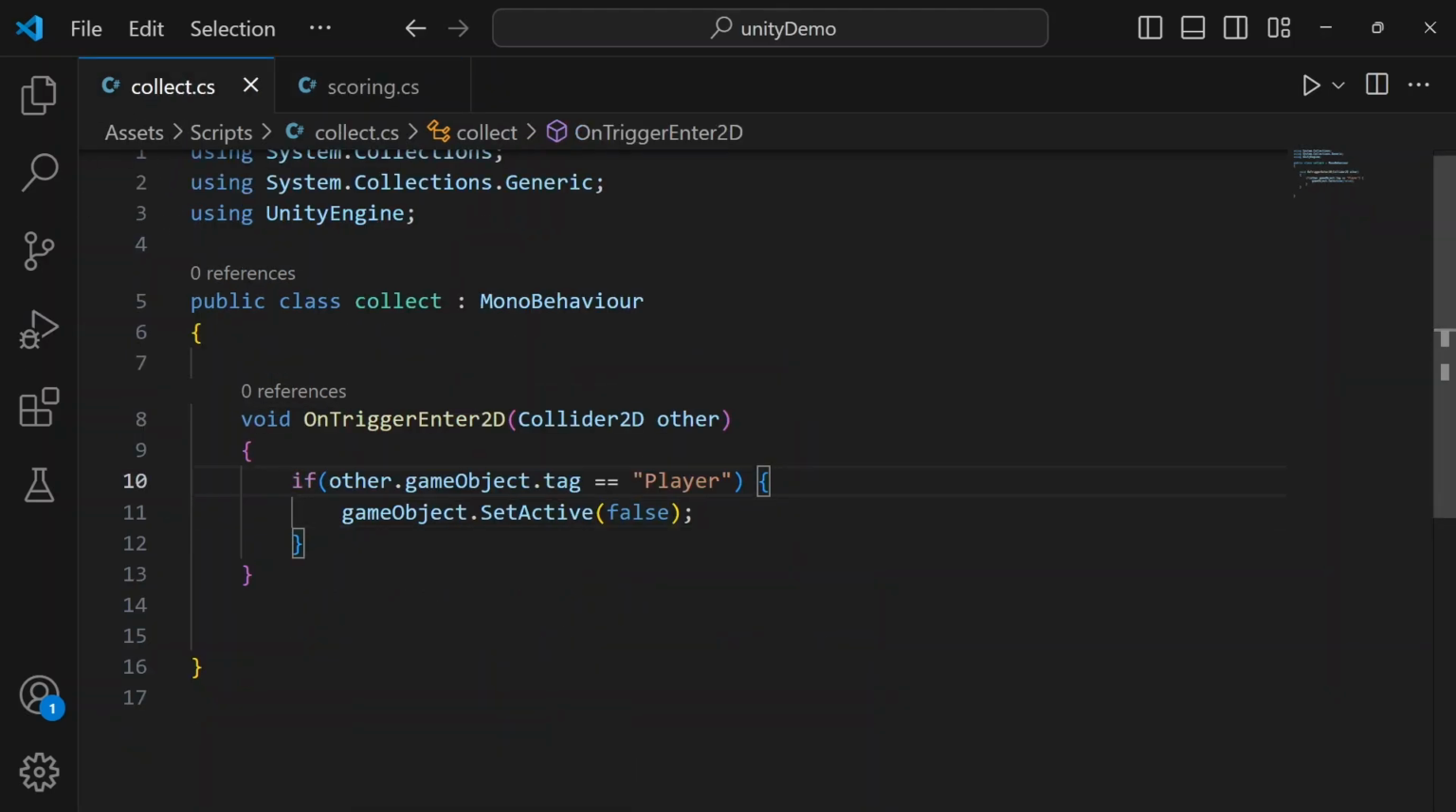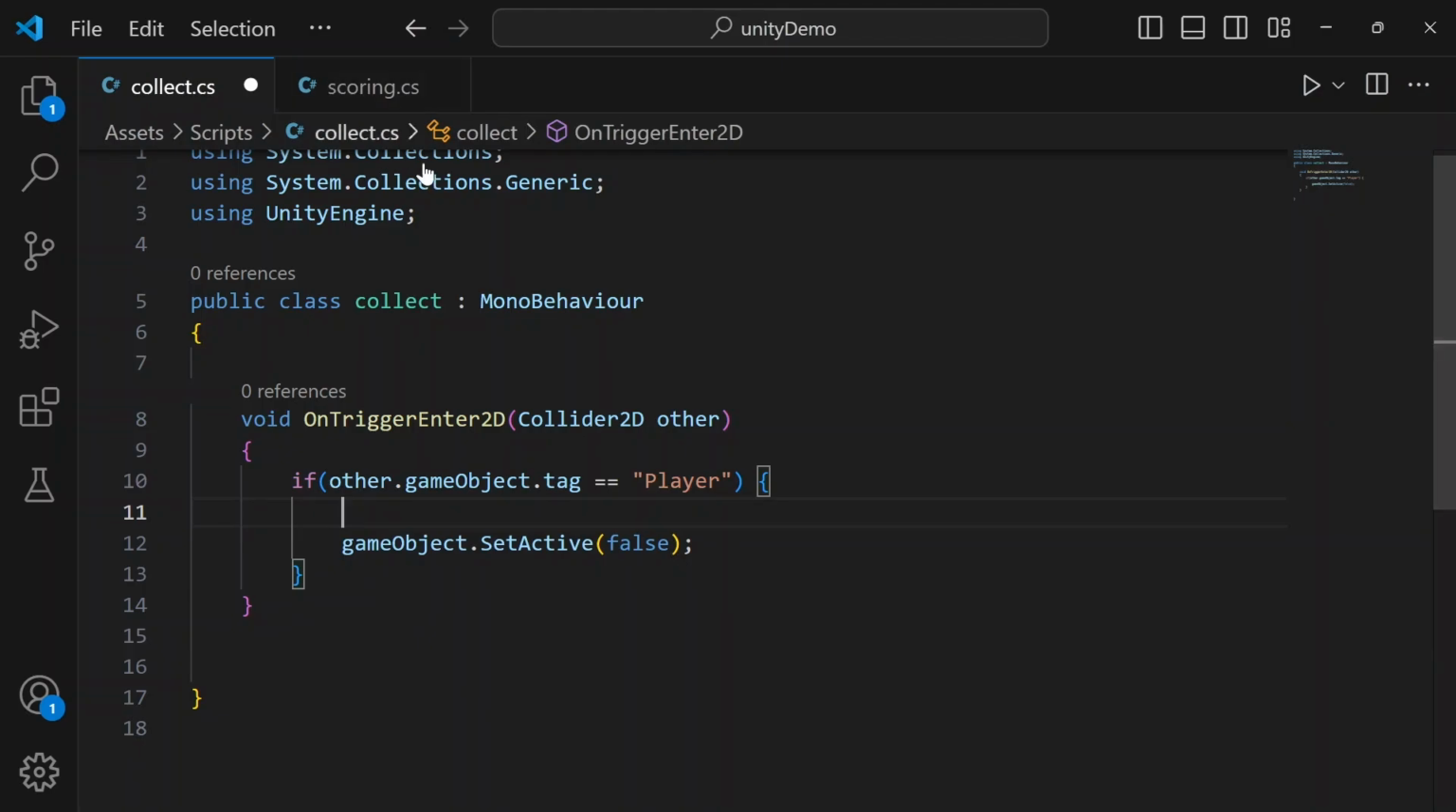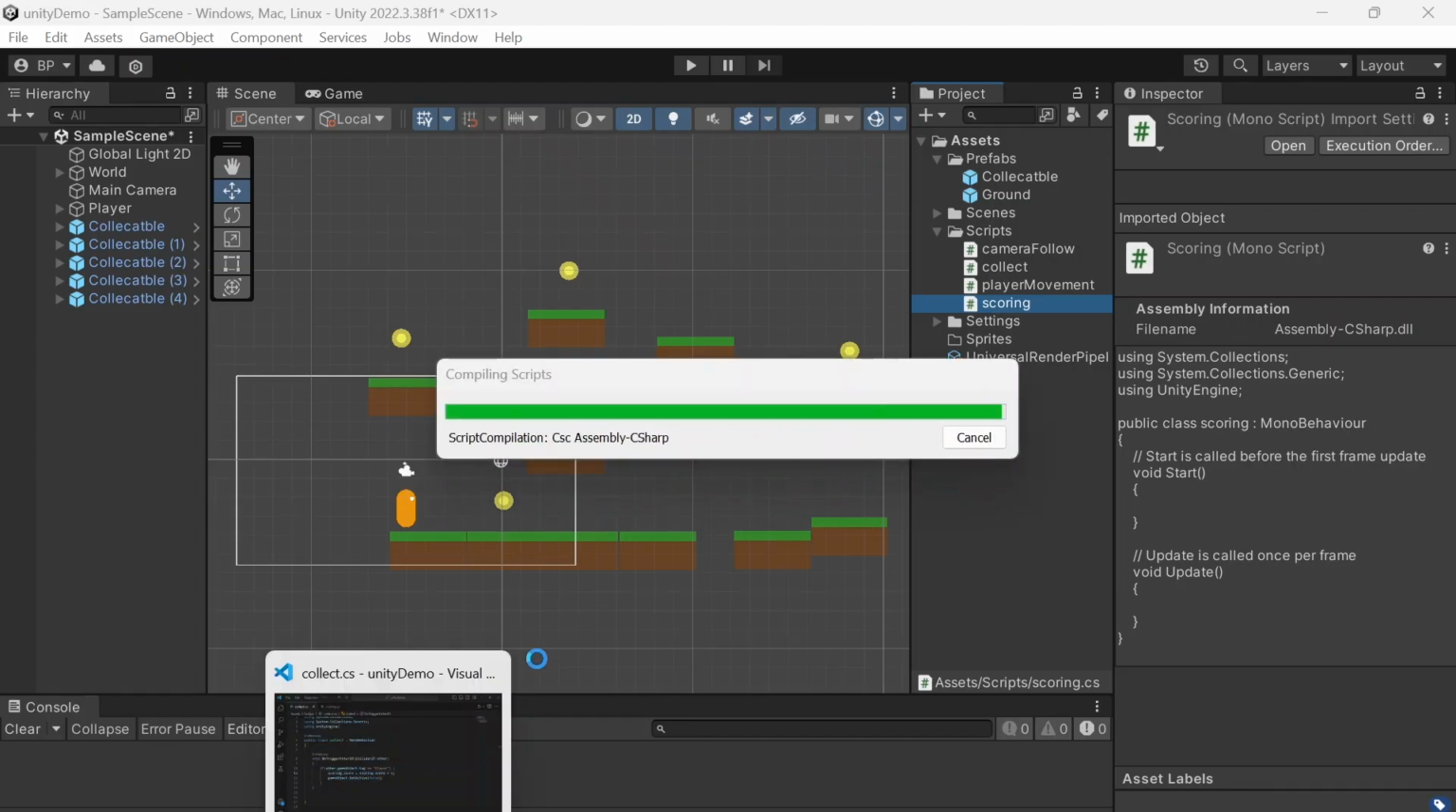Right. And right here, just before we set the object to set active false, we're going to add our scoring dot score game object. And we're going to add 1 to it. Right. Or we can make it equal to the game object and then add 1 to it. Either way should work fine. So if we save this now and go back to our game,